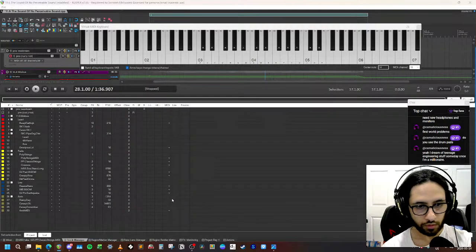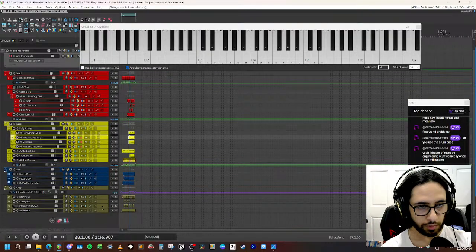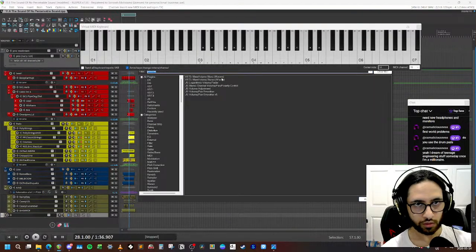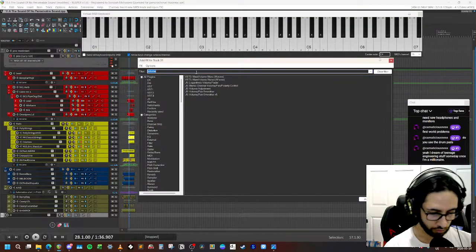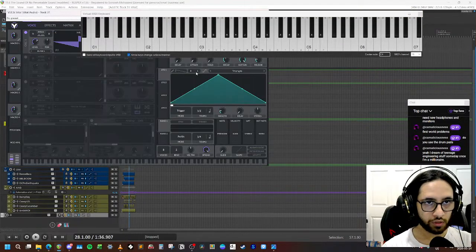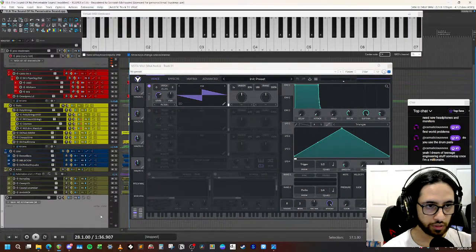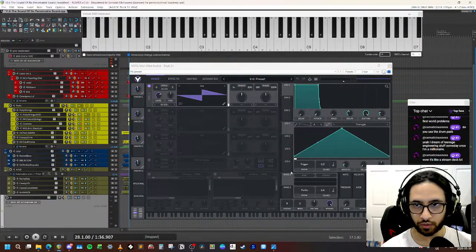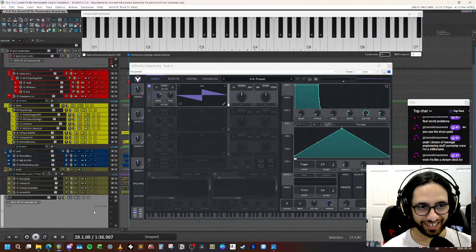Or I can press a different one and it adds a MIDI track, and then I can put a VST on it, say I want Vital. And then it adds that. The way I have it set in Reaper, it sets up all the routing and inputs. Yeah, exactly like Stream Deck.